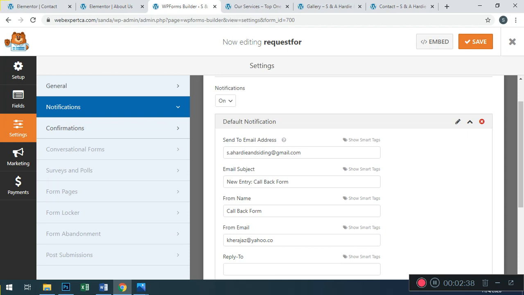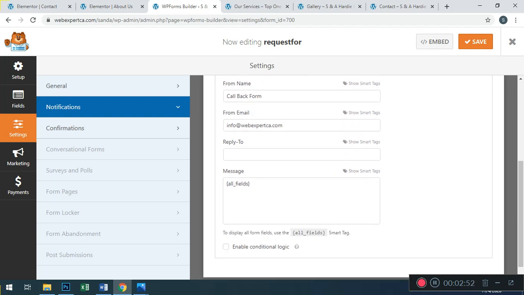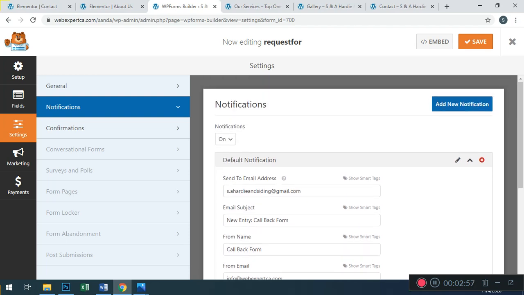In the Send To email address field, we enter info@webexpertca.com. This is our website. We don't need to change anything else in the request for callback form, so just save.